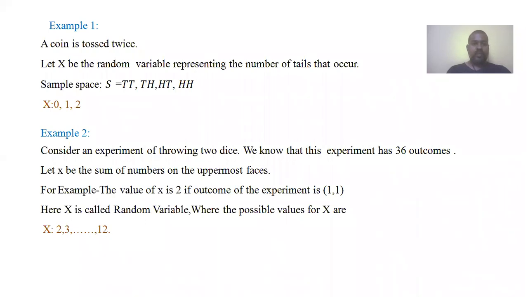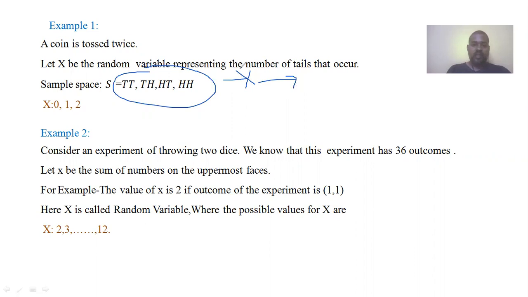For example, if you are tossing two coins, then the outcomes are head head, head tail, tail head, tail tail. If you see, these are discrete outcomes. We know that it is very convenient to do operations or calculations with numbers. So for these outcomes, with the help of one variable, which we call x or any other name, we are assigning some numbers.